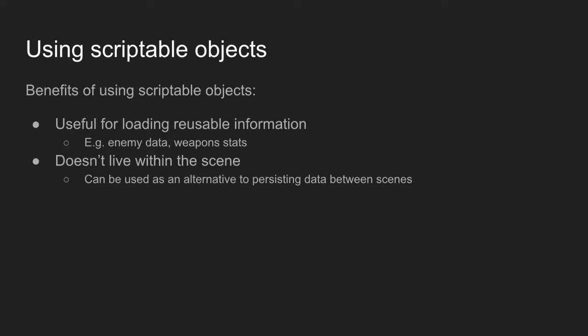Other stuff like weapon stats, of anything. Like I mentioned before, scriptable objects aren't exactly in the scene, they just exist as an asset file, or they don't need to, but they just aren't part of the scene. Which means when you transition to another scene, they don't get deleted,